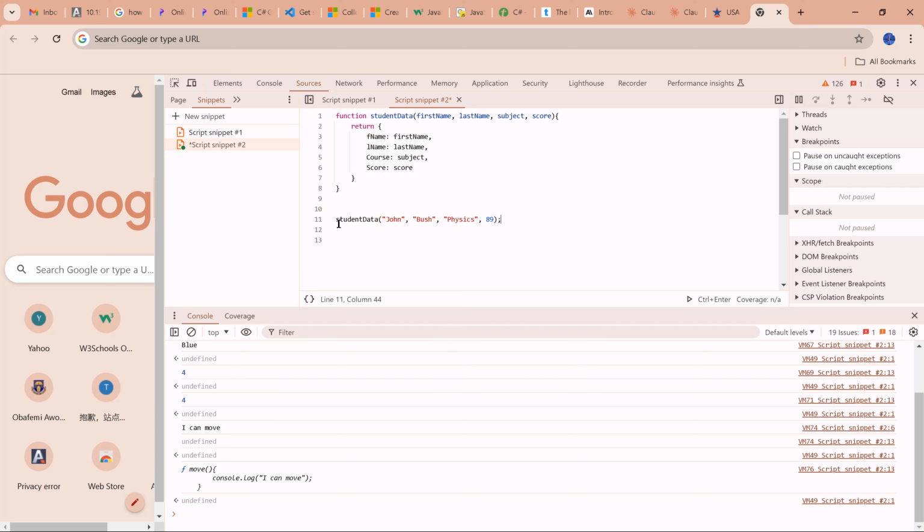Now, because I called this function, it is going to return to me this object. So I will now create a variable to hold that object. This object will be returned and assigned into the student. So I can now say